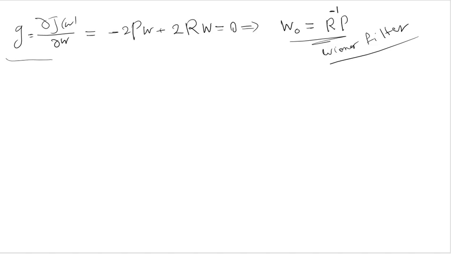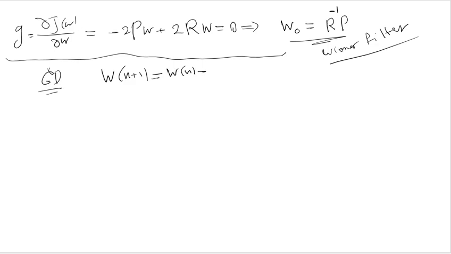So we use gradient descent, and we use adaptive algorithms to find W optimum. Gradient descent algorithm, W new equals to W old minus step size or learning rate, the gradient vector G in actually W(n),